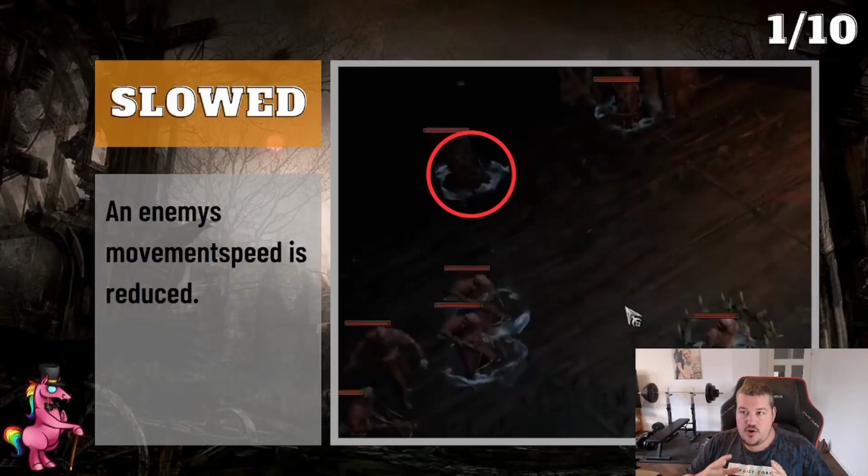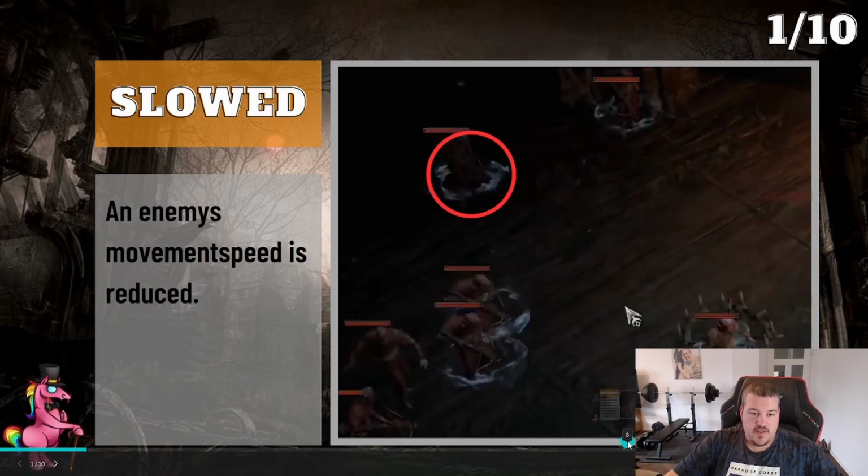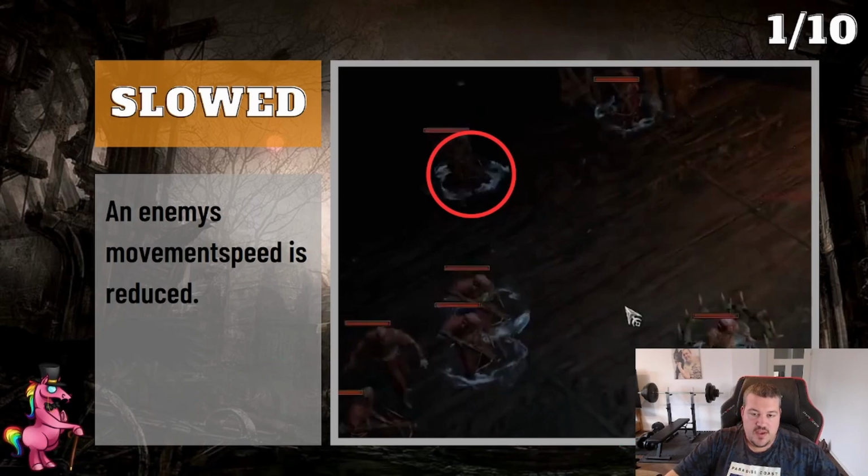So in total we are going over 10 crowd control effects in this video, starting with slowed, which is a pretty obvious one, which means the movement speed is going to be reduced. But what's important is that you can see this in the game by the little circle that is around the